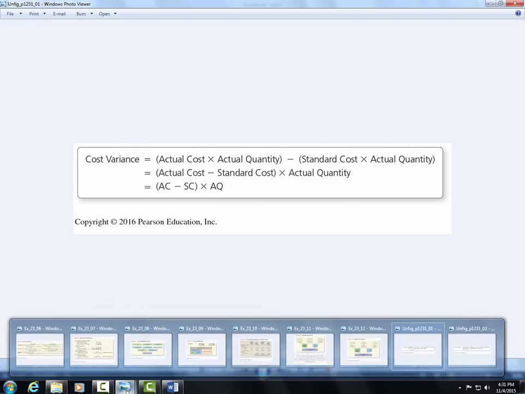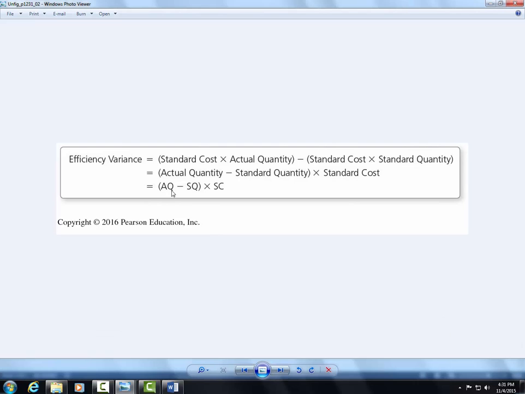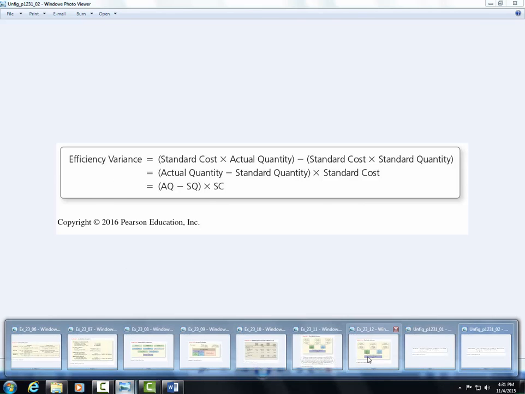And the efficiency variance is actual quantity minus standard quantity multiplied by standard cost. So if it's easier for you just to memorize this formula and the formula for cost variance, or if you want to memorize the 3 columns,